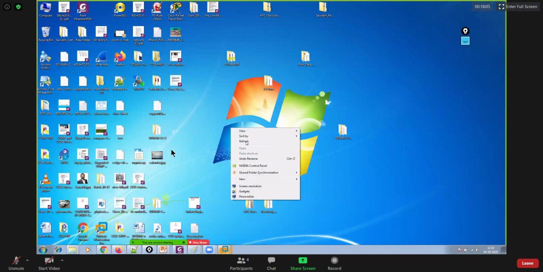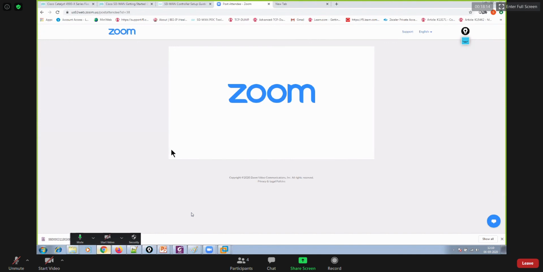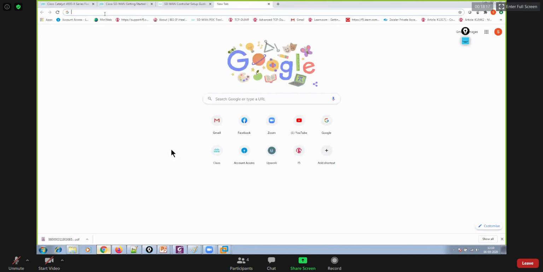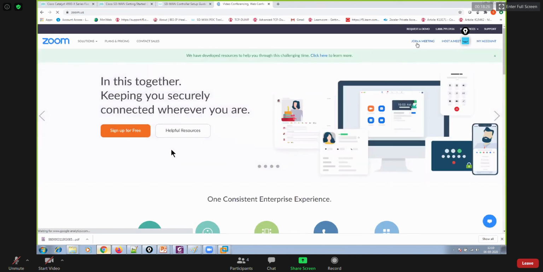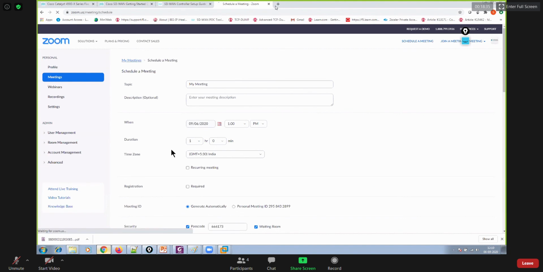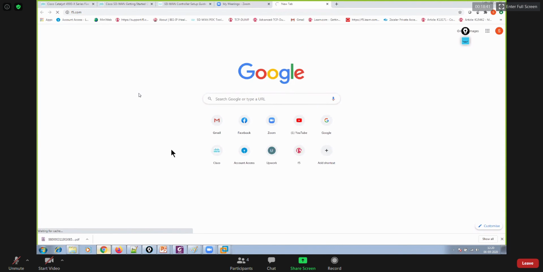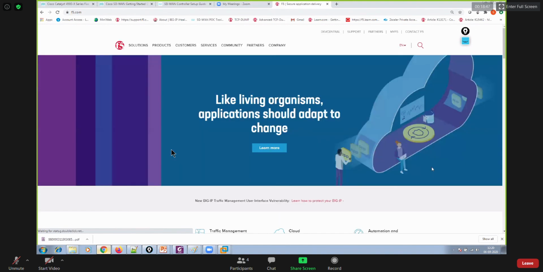In case you want to practice in our lab, then we will be responsible to provide you the registration keys, but you can also get them on your own by applying for the test keys. I'll let you know how you could apply for that. So Arjun, in case you need them, you can also apply for the demo license. Go to f5.com. On the website itself you can apply for the demo license.